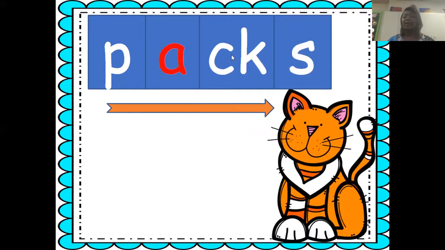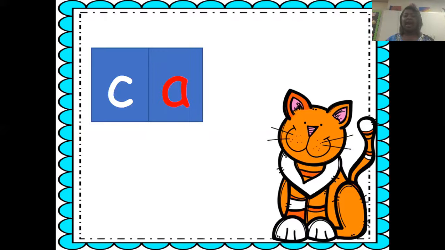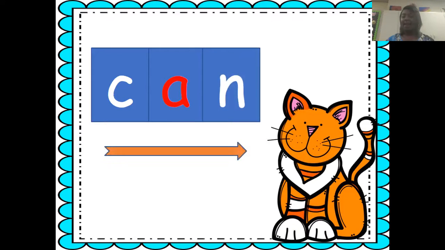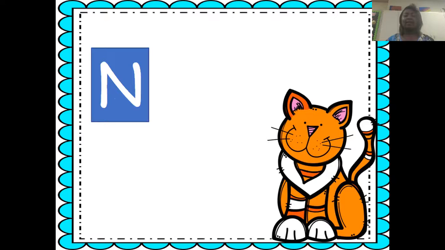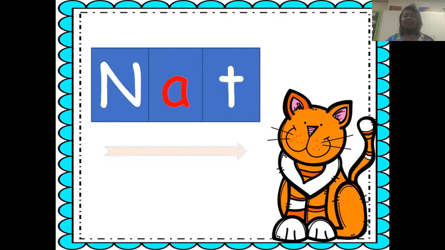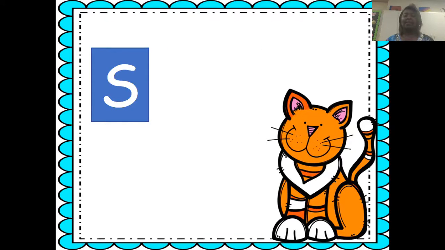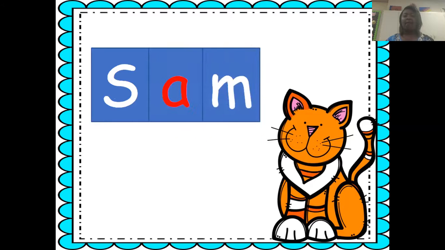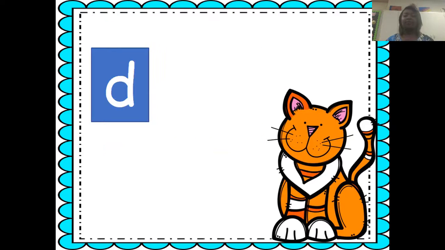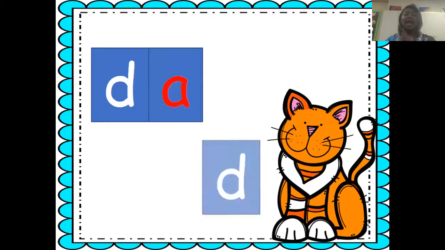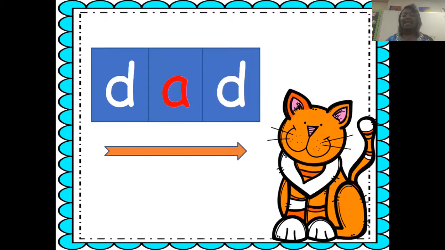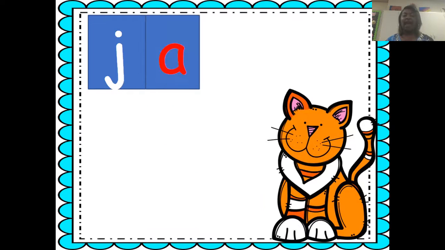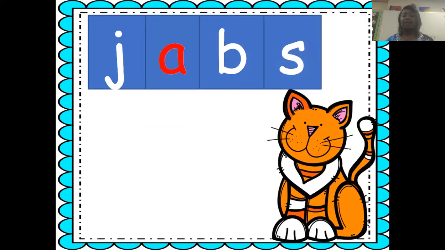C and K both say K. Our words: K, and, can, at, net, am, Sam, d, add, dad, j, ab, j, abs, jabs, k,